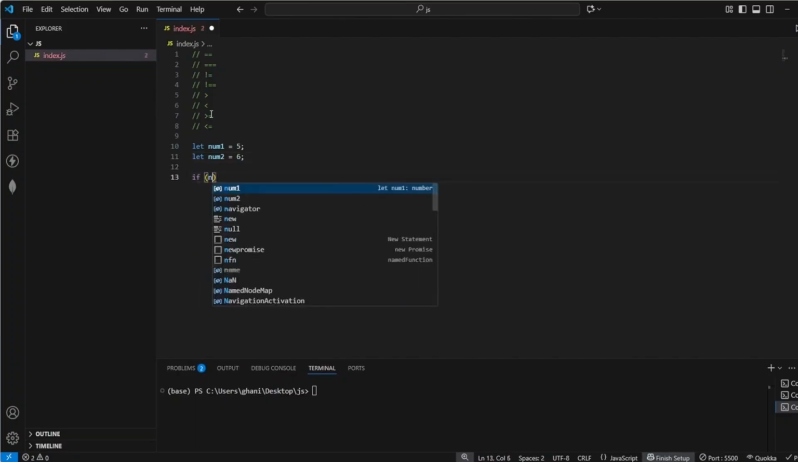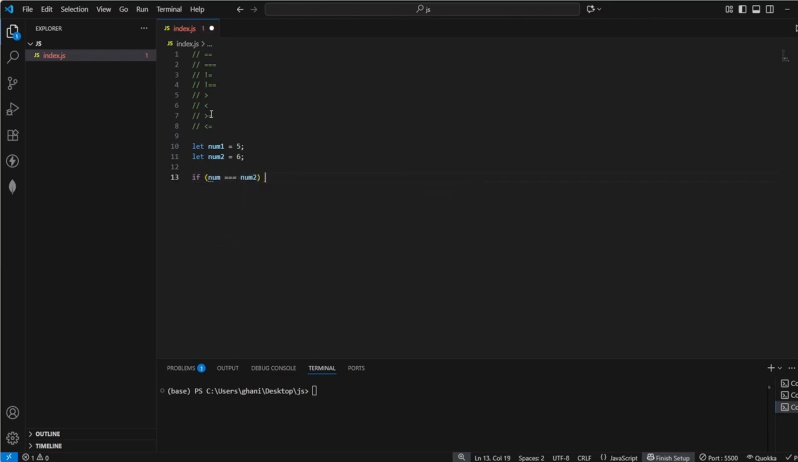So if you say, for example, if num1 is equal to num2, we are going to do something. But let's just log the result of those operations in the console for now. So let's say we first want to check for equality. So we're going to say num1 equals num2. And now we're going to console.log this, and we see that we are getting false